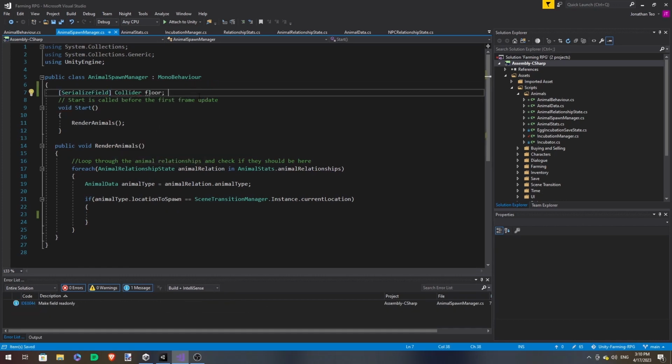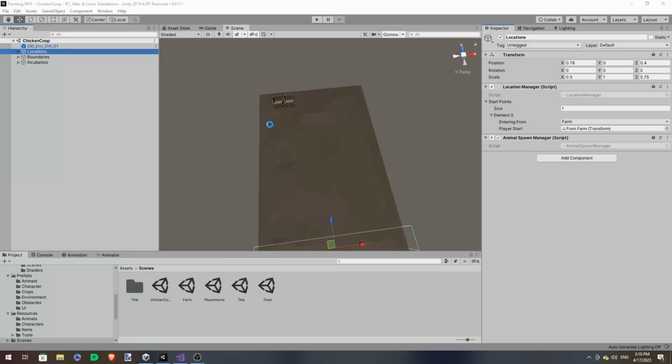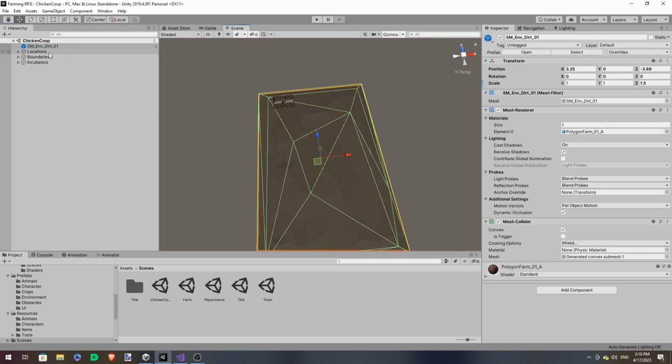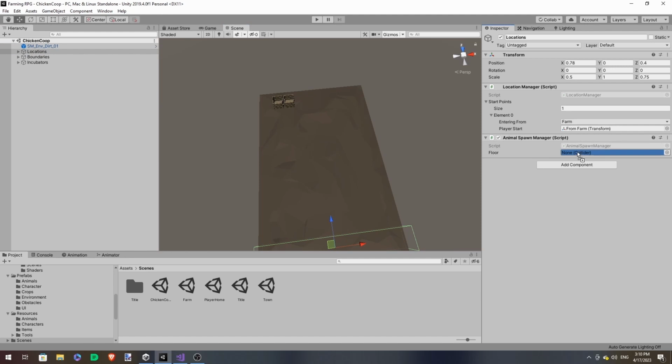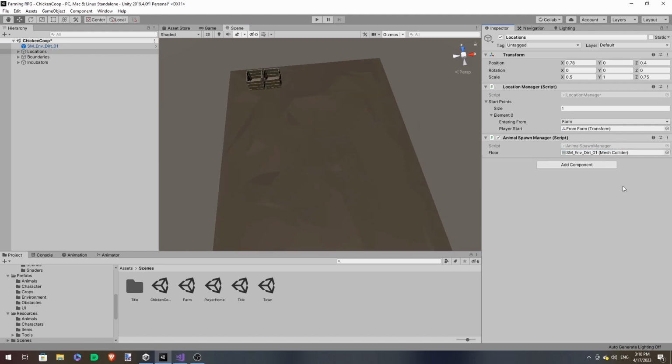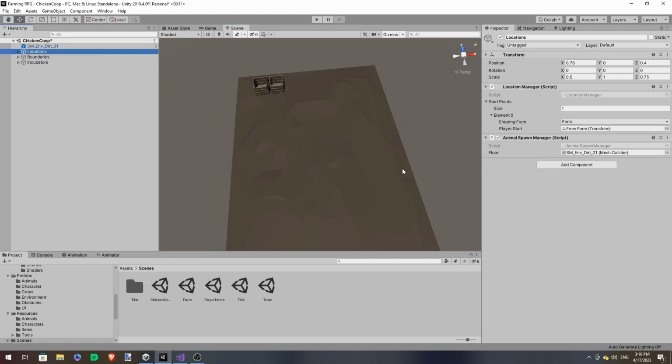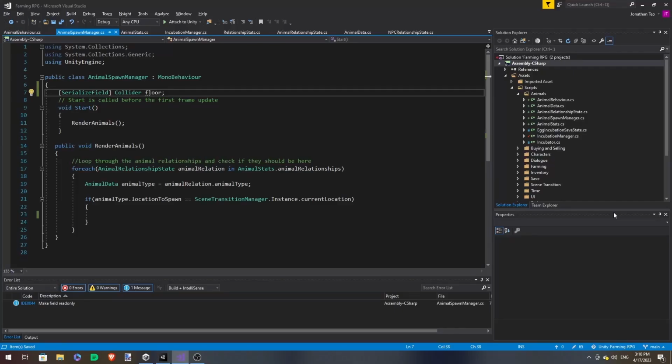We're gonna spawn it based on the floor. Right, it's gonna take reference to the floor object. In this case, it's the dirt. And I'm gonna spawn the animal.